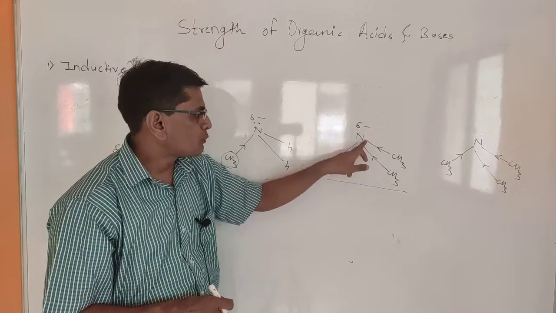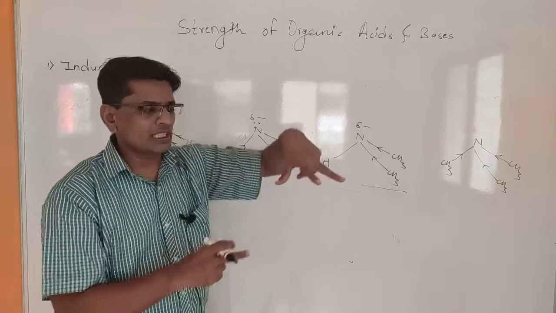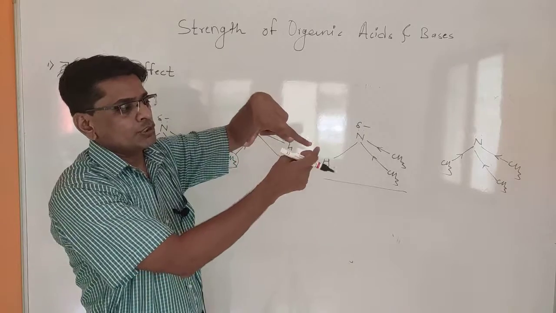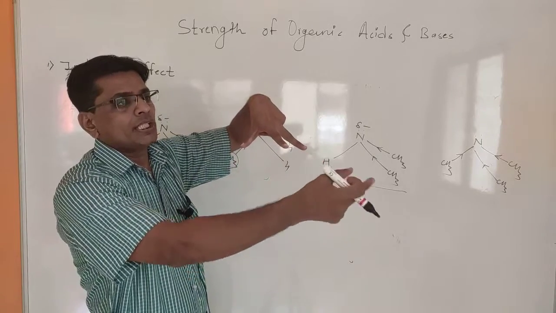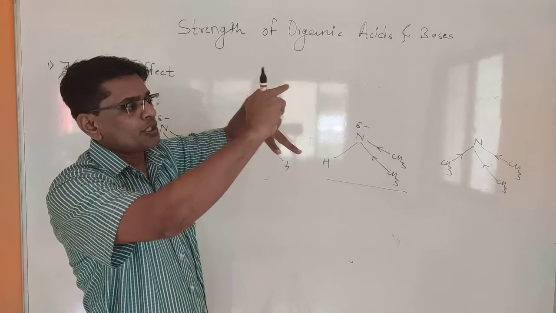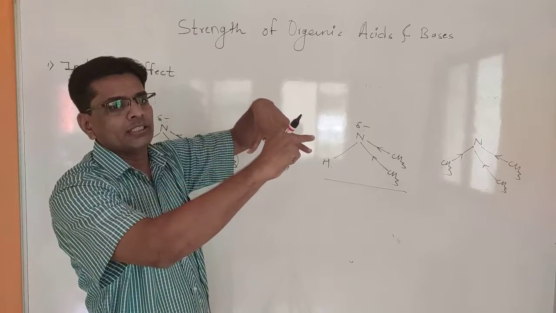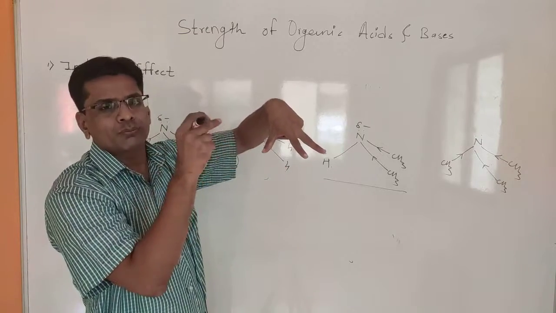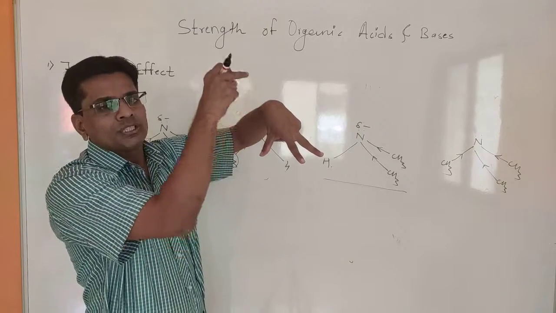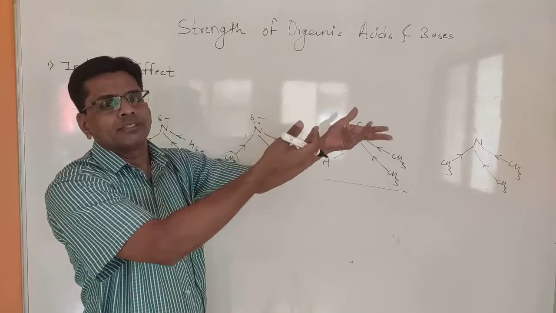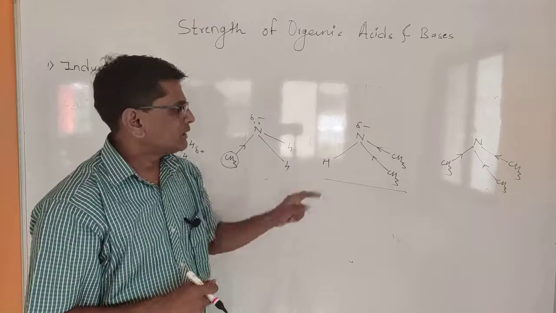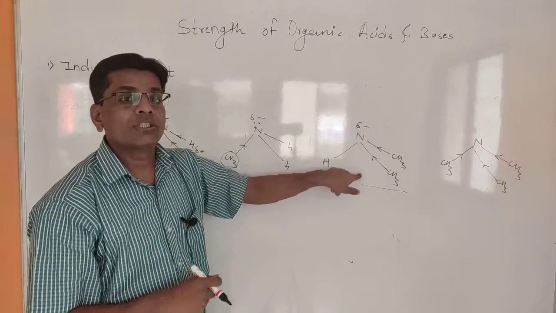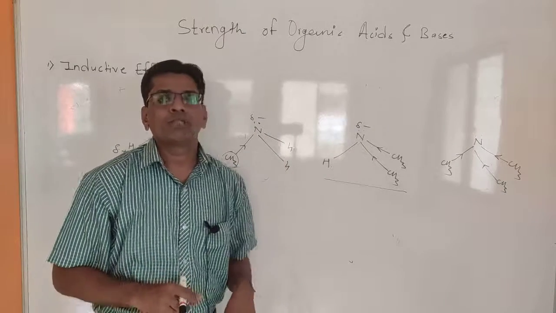These have two methyl groups and, on one side, a hydrogen, which has a smaller size. If these two groups are bulkier, then any external molecule cannot reach the center from these two sides due to steric hindrance. But from this side, hydrogen has a smaller size, so it can easily come, take the electron pair, react and form the molecule. That's why this can be the stronger base as compared to this.